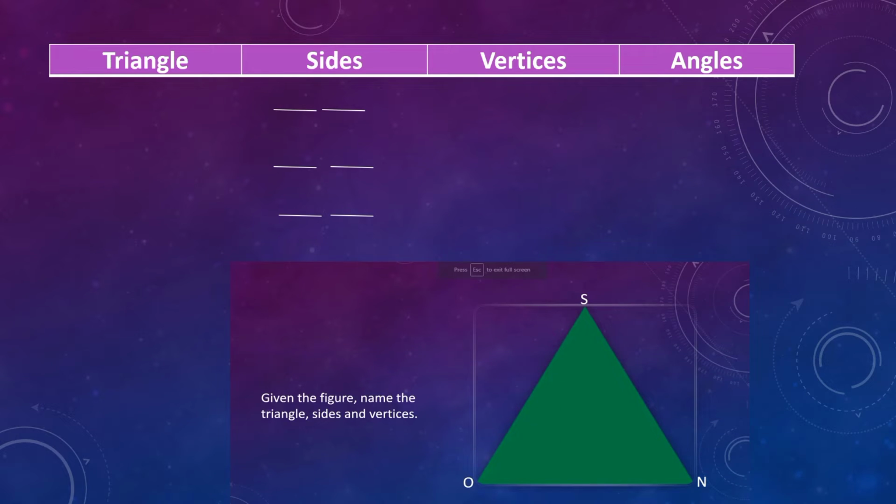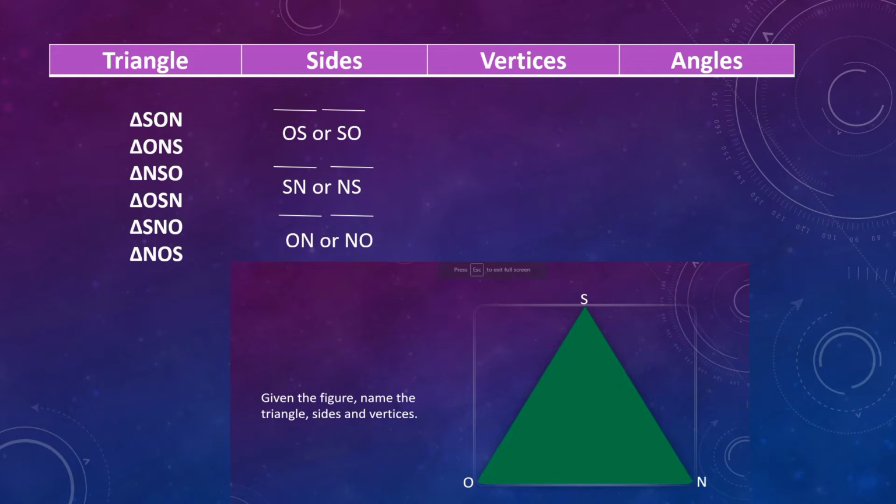We can name the triangle by using the triangle symbol and the three letters indicated in each corner. It's up to us in which direction we're going to start, clockwise or counterclockwise. This triangle will be named triangle SON, triangle ONS, triangle NSO, triangle OSN, triangle SNO, or triangle NOS. The three sides are